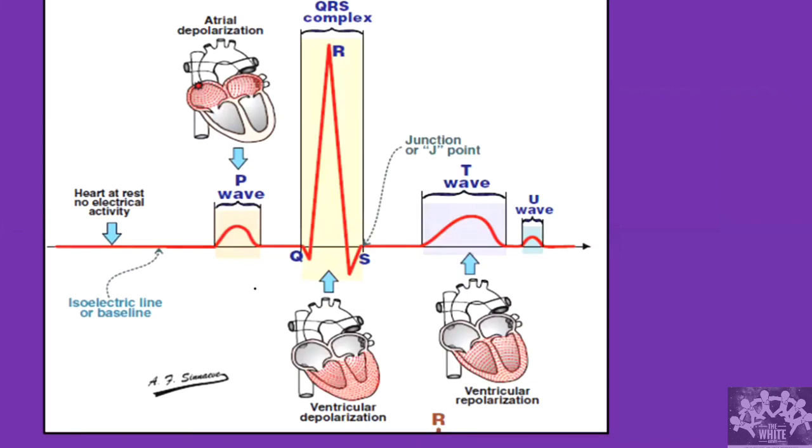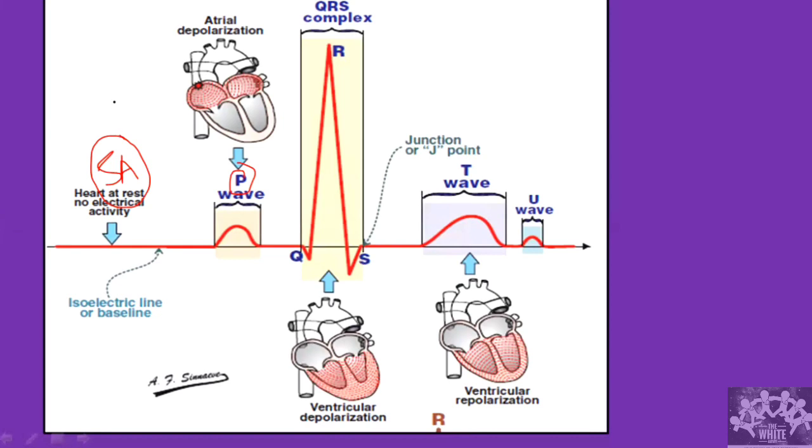Okay, so we will see what the P wave represents. I'm sure everyone knows the P wave represents atrial depolarization, which means here it is shown the atria is activated. Both the atria are activated. But it is very important to note that the SA node is electrically silent, in the sense we cannot measure the SA nodal activity based on the ECG. On the ECG, we don't get SA nodal activity.